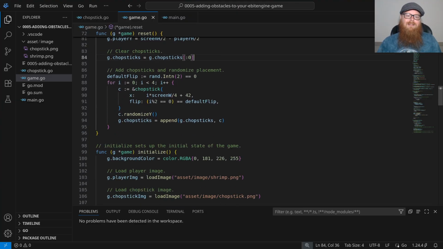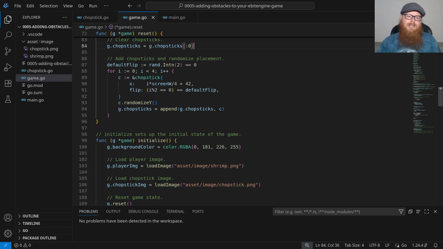In reset, we clear out the chopsticks. This simply resets the slice while keeping the memory that's being used to hold it instead of releasing that memory back to the system. So when we go to add more chopsticks into this slice, they'll just use that memory that's already been allocated for it.